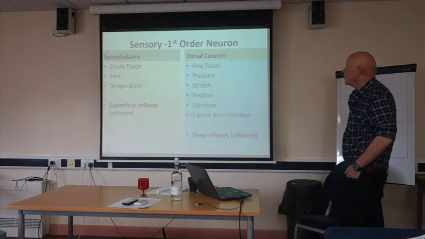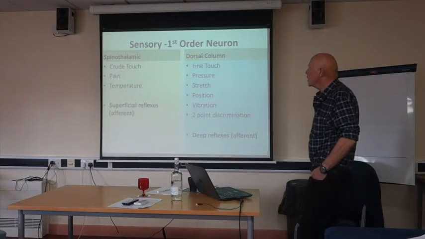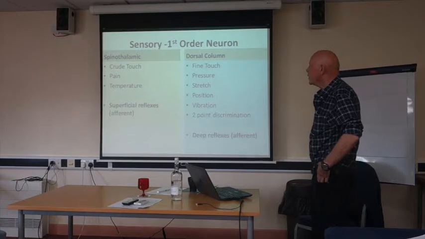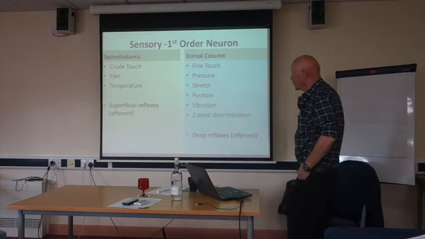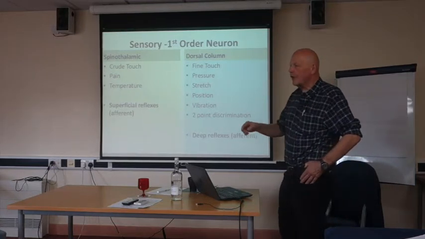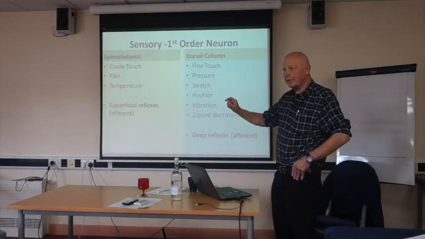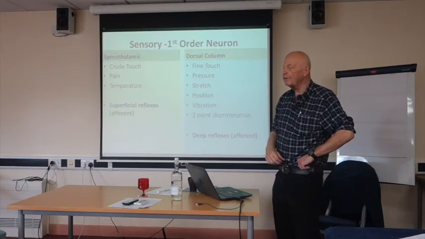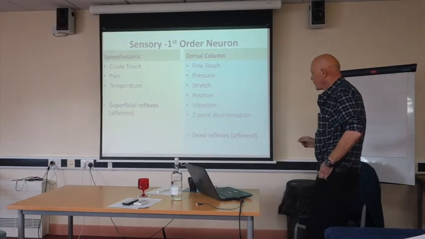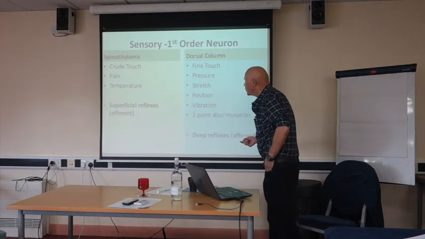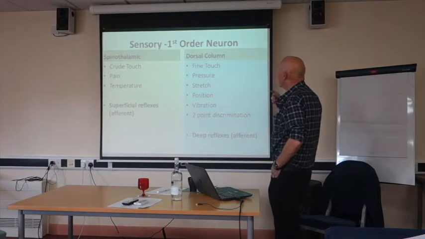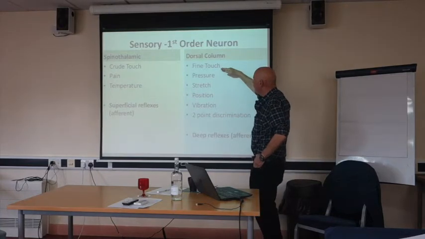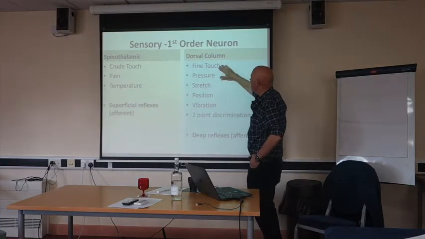So, spinothalamic gives you crude touch, pain and temperature, and also the afferent part of the superficial reflexes. Any reflex has got an afferent part and an efferent part, the input to the brain and the output away from the brain. So if you lost, the dorsal columns carry these things, which we mentioned before, the fine touch,